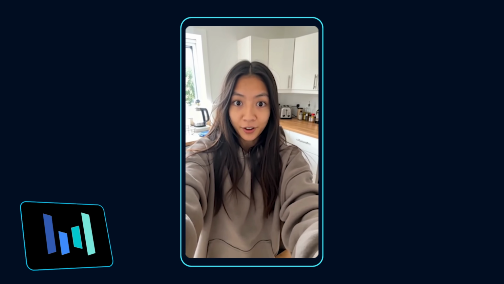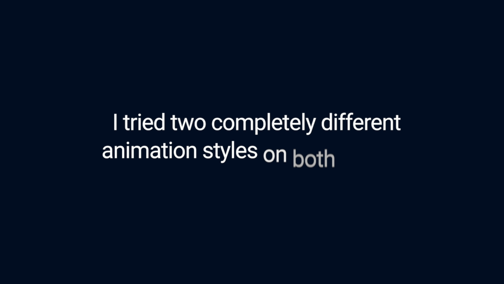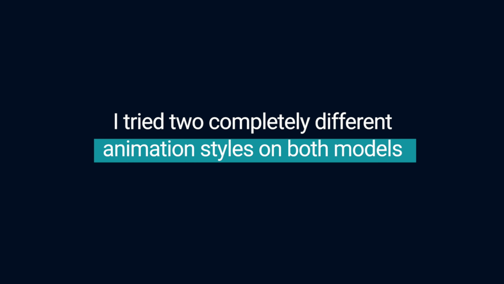The realism is on another level, but it can be a hassle to use. So for user-generated content, Kling is just the obvious choice. But for our next test, the choice may not be as obvious, because we're going to be generating animations. And this is where things get unpredictable. For this test, I tried two completely different animation styles on both models, anime and 3D, and Seedance had something